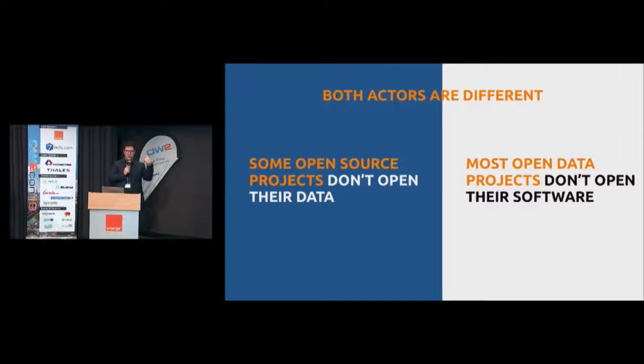A lot of people who are doing open source don't want to share their data. Maybe the first examples are Google or Facebook. We spoke about these organizations. They are sharing a lot of software, but they don't want to share any piece of data, because their business model is based on it. They want to collect a lot of data, and they want to share technologies and software in order to have their value based on the data they own.